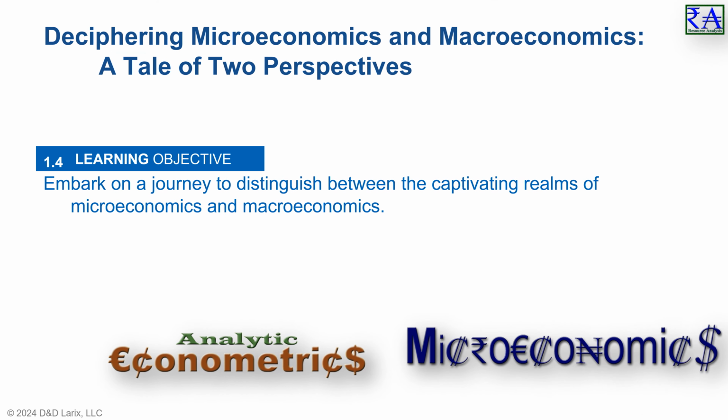Before we move on, let's summarize the key takeaways from this section. Microeconomics focuses on the smaller scale of the economy, examining how individual households and firms make choices, interact in markets, and how their choices are influenced by government policies. On the other hand, macroeconomics looks at the big picture, studying the economy as a whole. This includes major topics such as inflation, unemployment, and economic growth. Understanding both perspectives is critical as they are interconnected, and together they provide a comprehensive view of economic activity.